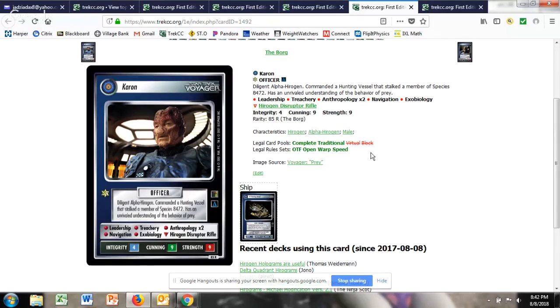All right, then I've got number 4 here. Karen, just kind of a straight up guy, with good cunning, good strength, again lacking on the integrity, but good skills. Special download again, very handy if you've got a bunch of Borg or Jem'Hadar or angry Klingons coming at you. That disruptor rifle is a pretty heavy hitter,